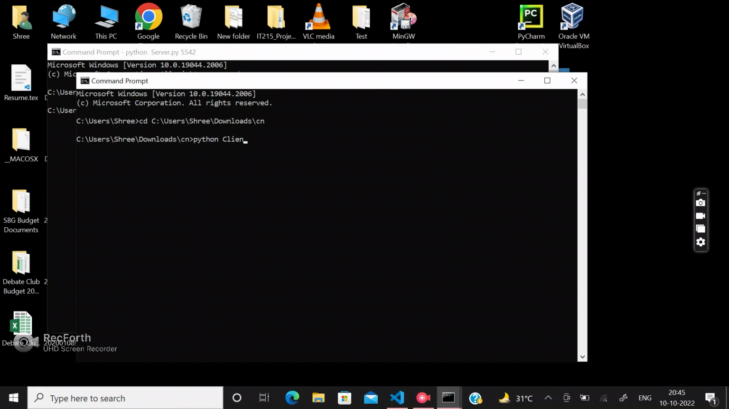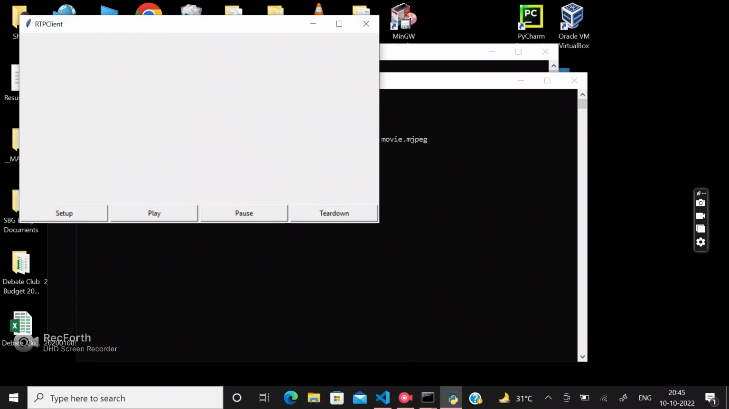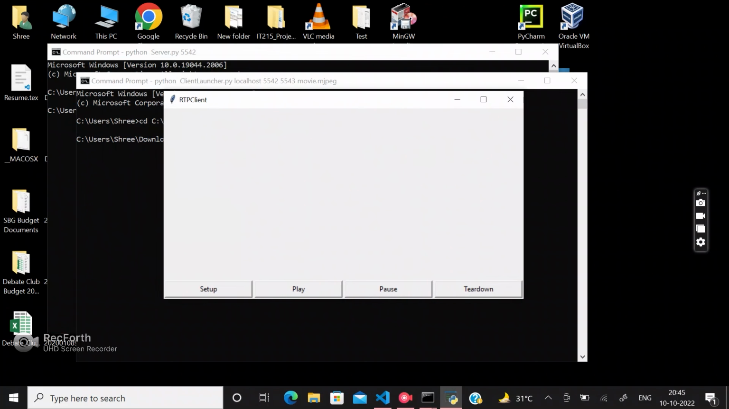Python client launcher.py, localhost, 5542, 5543 as the RTP port, and then the name of the file, movie.mjpeg. Now if we run this, then we can see the window of the RTP client, and if we click on setup,